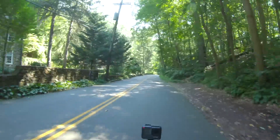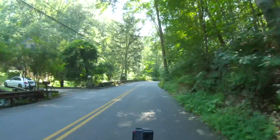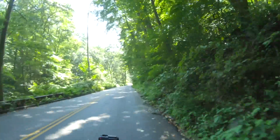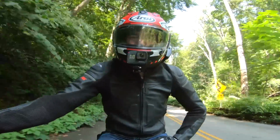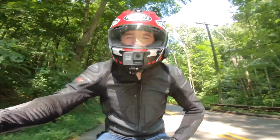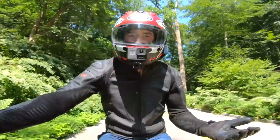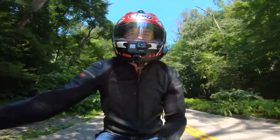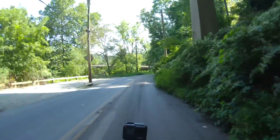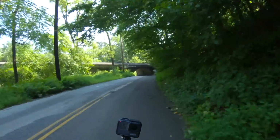If I go to a ride night, or a bike night, I should say, and I'm hanging out with some buddies, and they see this jacket, and like, hey man, it's a cool jacket. What is that? Well, let me tell you, it's the Alpinestars GP Plus R V3 Rideknit leather jacket. They're going to be like, what the hell? I'm never going to remember that. Let me write that down. And I'm going to have to tell them 5 times what the name of it is. No one's going to remember how to Google this. But what's not silly